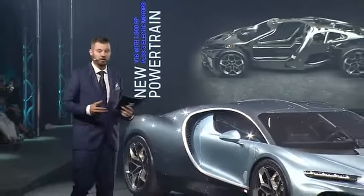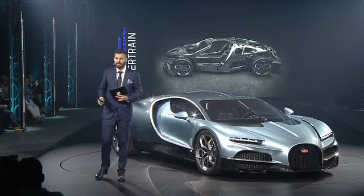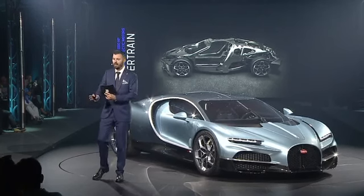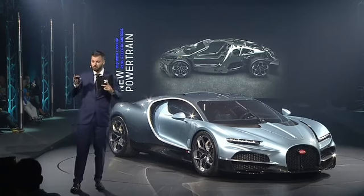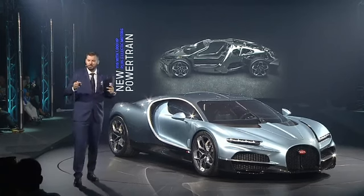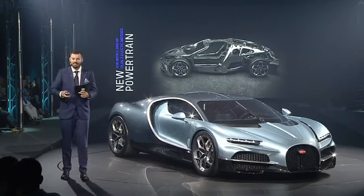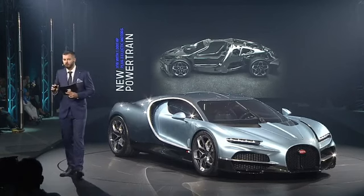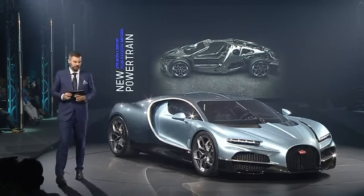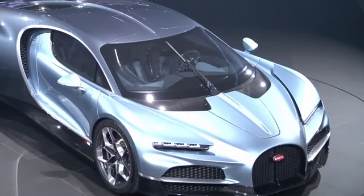So when we started working on this, I didn't know what it means for design if the car just becomes longer because of a longer engine and because of all the other stuff we needed to fit in the car. I thought maybe it's good for design. So I talked to Frank and Achim, and they immediately said, no, no, no, no, no. Just don't make the car any longer. Just try to keep the same length. So despite having so much longer engine and all the other hybrid parts, the big battery and so on, the car is only 2.9 millimeters longer in wheelbase. That's one of the magic tricks that Emilio and his team have done to keep the beauty of it,